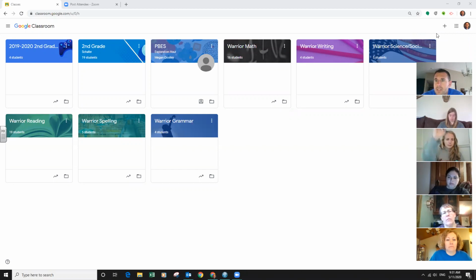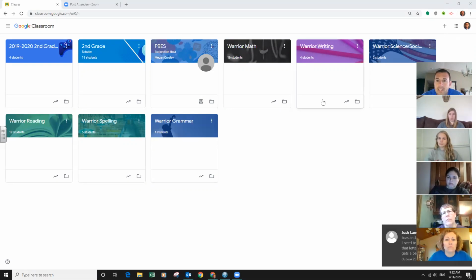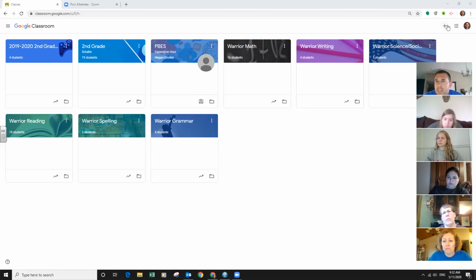Okay, so this little plus sign up here as soon as you get logged into Classroom. And to log into Classroom, all you have to do is use your Google account. You can use your school email as well. So that's what I use, is my school email, and you just set up an account. And you'll get to a screen that doesn't have anything on it, but this little plus sign up here, you can add a class. So all you do is you hit that, create a class,